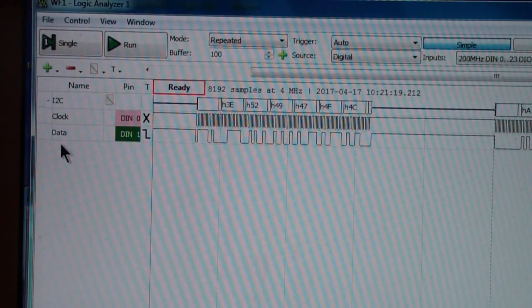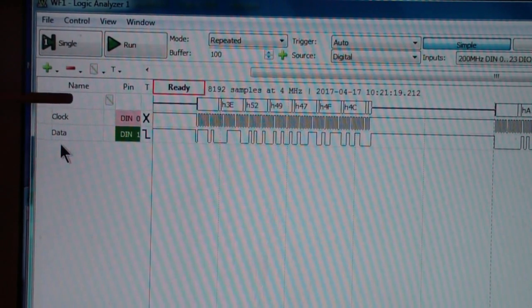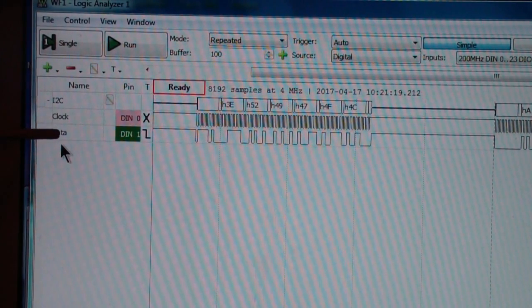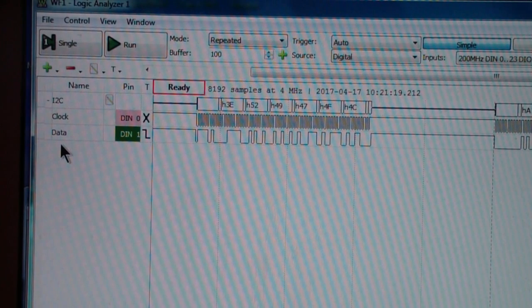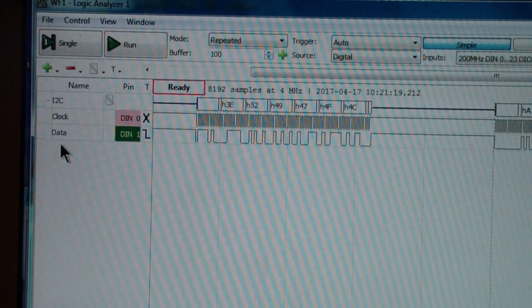Here is the logic analyzer with an I2C bus added. I hope you can read this on the camera. Up here it says I2C, and I'll show you how you add those in a second. The clock is set to data N0 and the data to data N1. Now, these are often called SCL and SDA on the modules that use this protocol. And at the top up here, you see the decoded